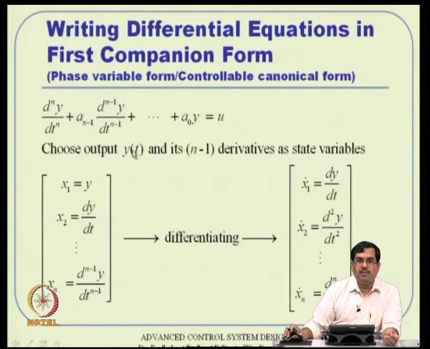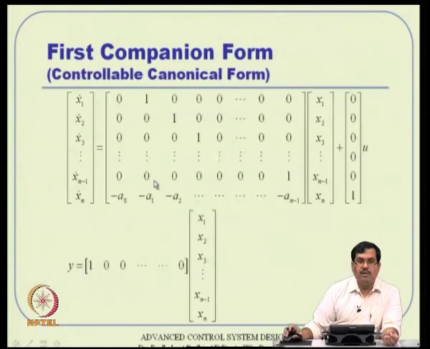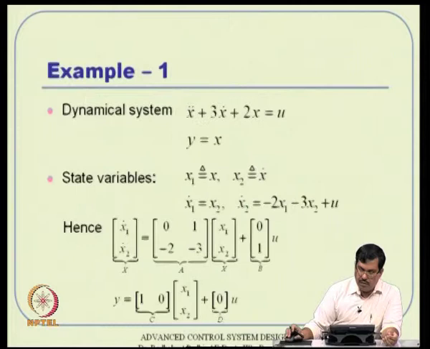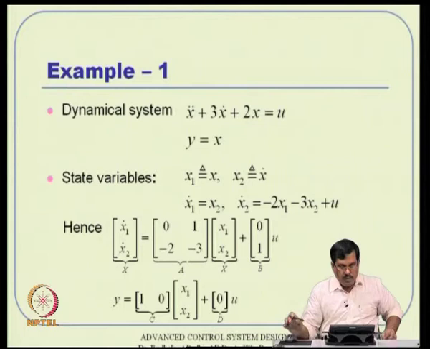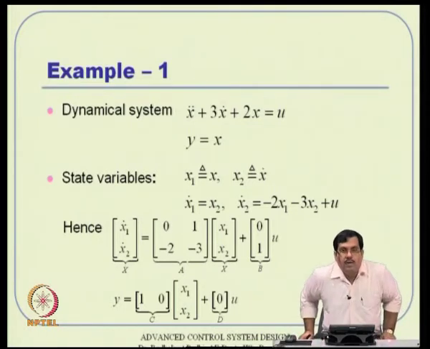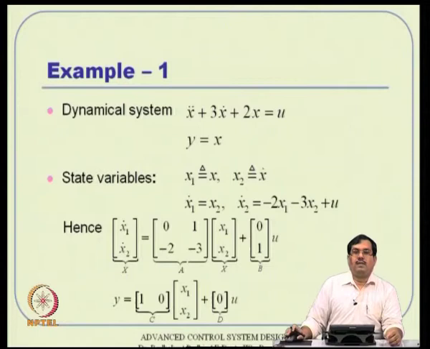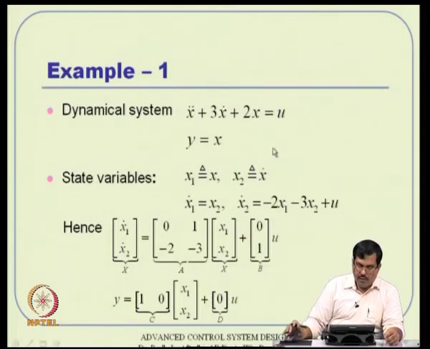Okay. So, starting from this nth order differential equation, it is possible to write an n dimensional state space representation in this way basically, and we will come back to this idea of representing state variable form from transfer function also in the next class. There are a variety of ways to do that by the way. Now, we will see a variety of examples which will convince us that state space representation is more generic, and it is possible to write a lot of different systems in a unified manner actually.